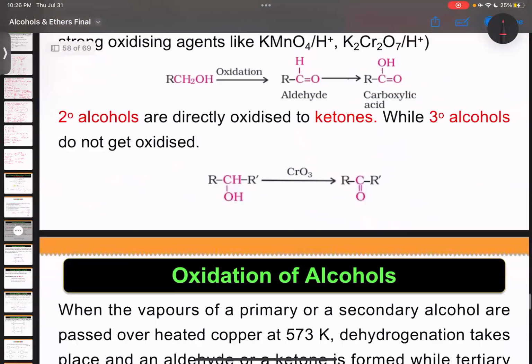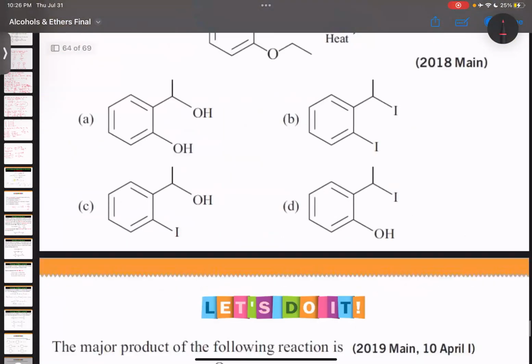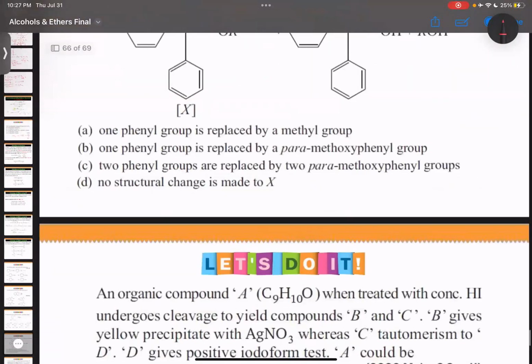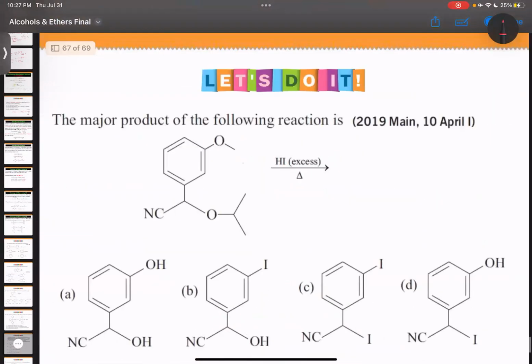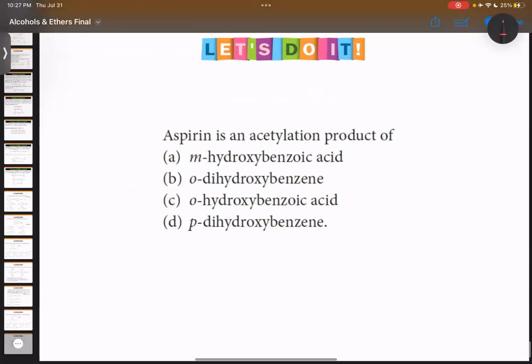So let's do some more questions. Ethers and all this we will discuss in the next class. Okay, this you can tell me. Aspirin is an acetylation product of